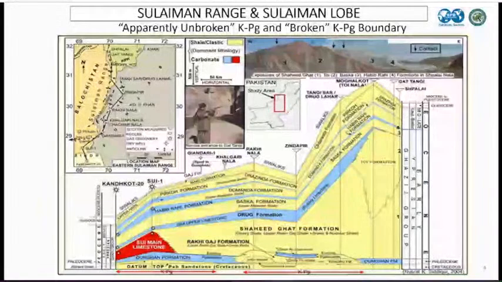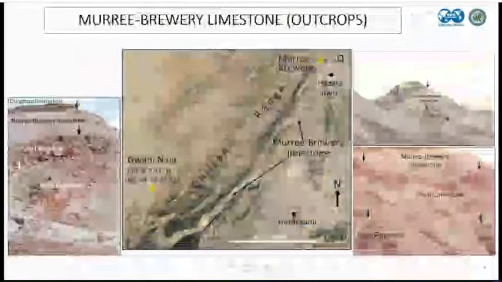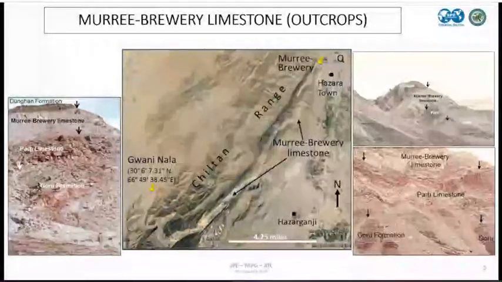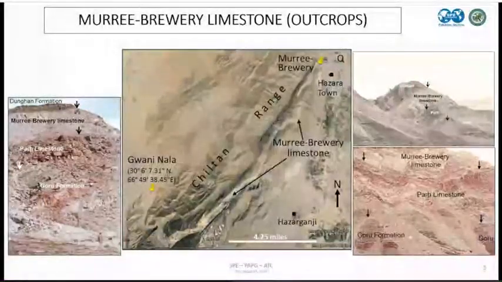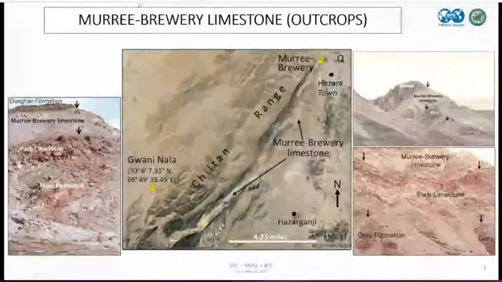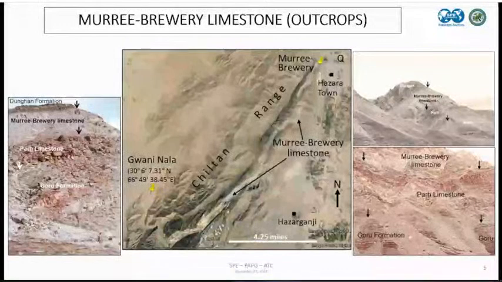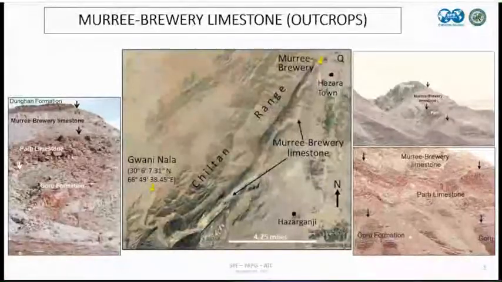These are field photographs and a Google Earth image of Chiltern Range around Quetta. The white outcrop of Murray Brewery limestone can be seen here. The white outcrop of Murray Brewery limestone can be traced along Chiltern Range from Murray Brewery Gorge